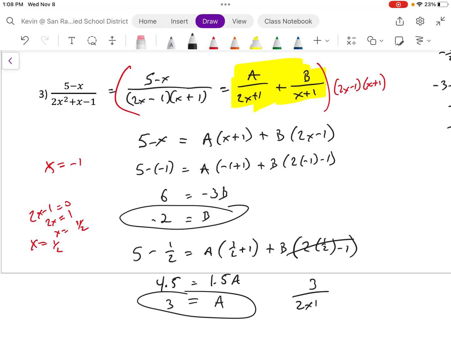So 3 over (2x plus 1) minus 2 over (x plus 1). And that's our answer. Okay, so once you practice it, it shouldn't be too difficult. It's some factoring, it's basically cross multiplication. You should be able to get that. All right, the last one will be